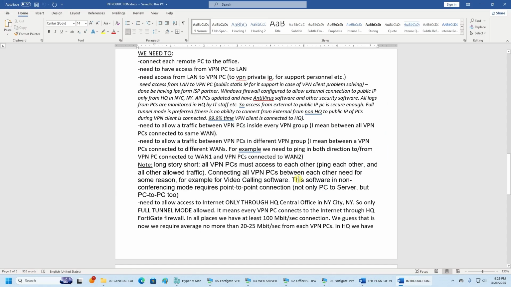What we need to do? We need to connect each remote PC to the office, need to have access from VPN PC to LAN, need access from LAN to VPN PC, to VPN private IP, not for support personnel. For example, need access from LAN to VPN PC, public static IP for its support in case of VPN client problem solving, done by having IPs from ESP partner. Windows firewall configured to allow external connection to public IP only from headquarters in New York City,